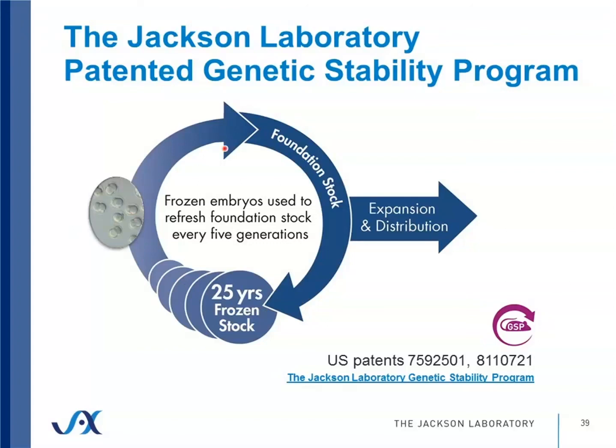Some of the breeders used in a strain's foundation colony are transferred to and used as breeders for that strain's expansion and distribution colonies, which produce the mice shipped to the worldwide research community. Mice in the expansion and distribution colonies are at most 10 generations removed from the foundation colony. Therefore, any GSP strain from The Jackson Laboratory is at most 15 generations removed from the 25-year cryopreserved embryo supply